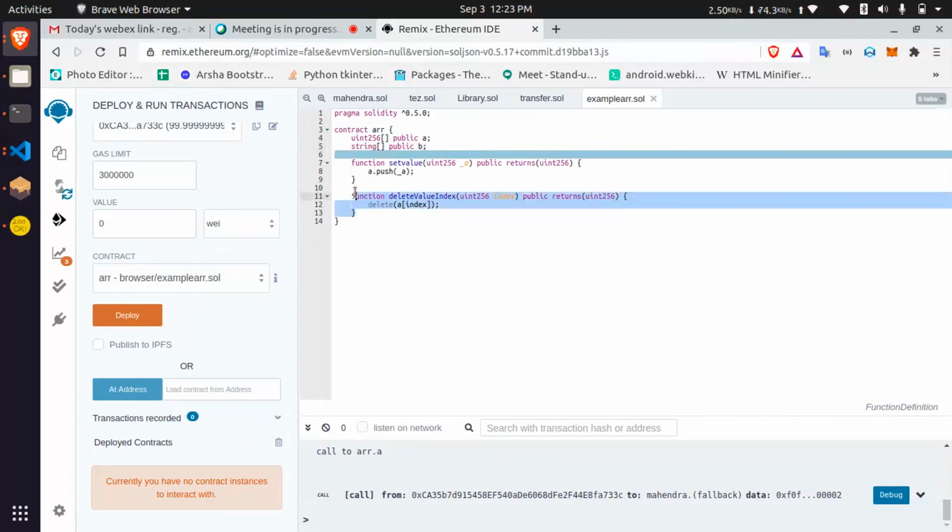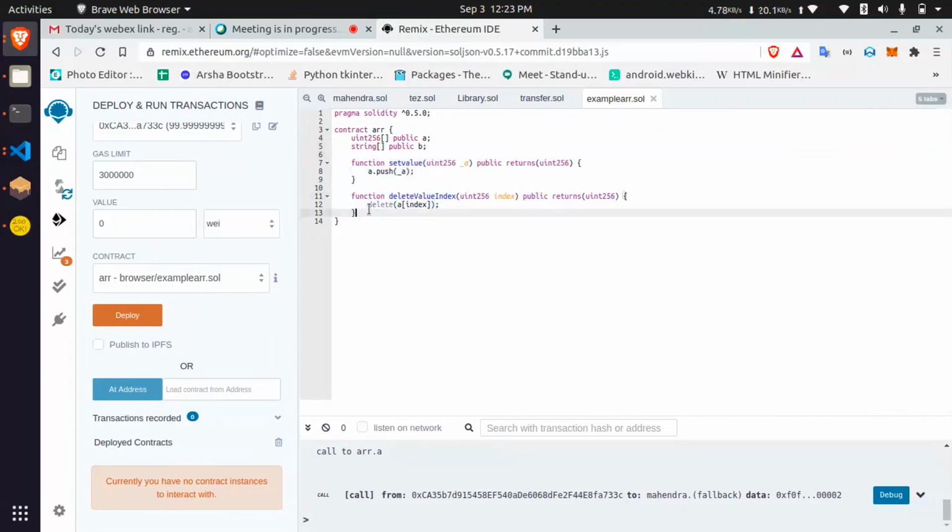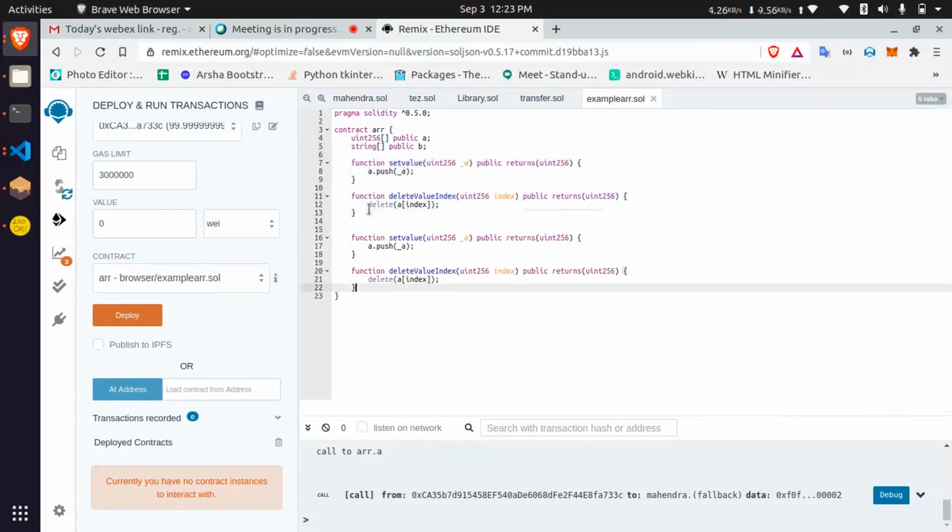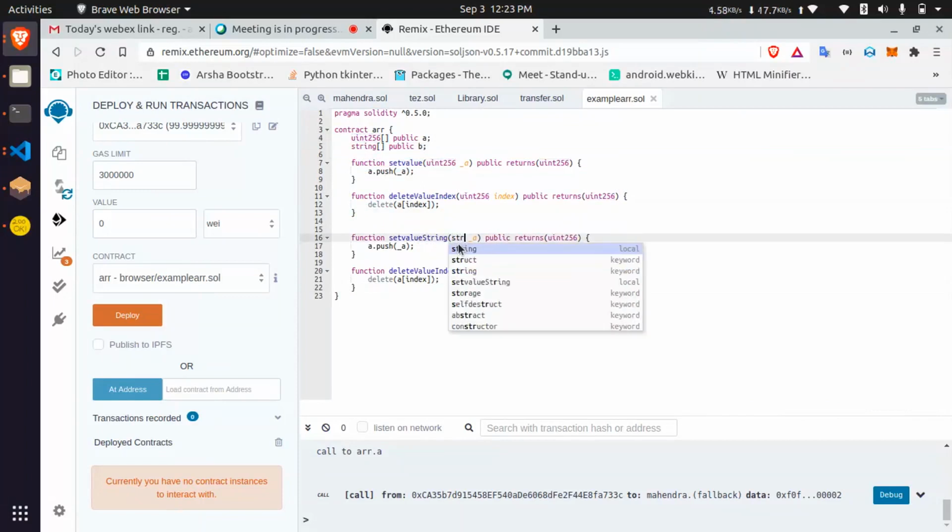The same function I am copying and pasting here. String value, setValue string. In this I need to modify it as a string, and if you are using public, you need to maintain it as memory. Why? Because string is of undefined length, right? You can type n number of length. That's why you need to use memory.